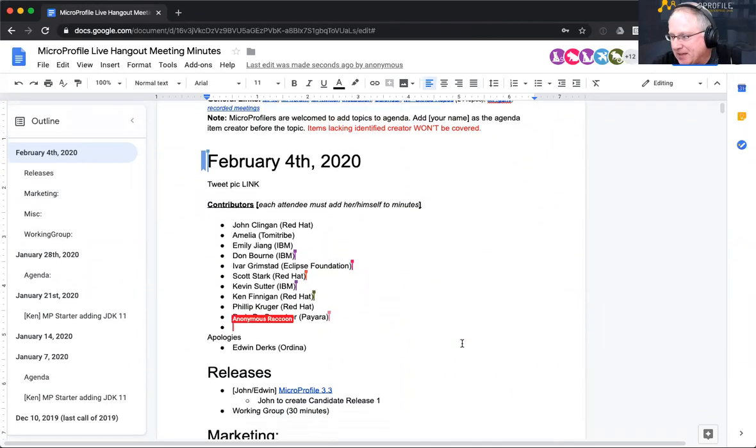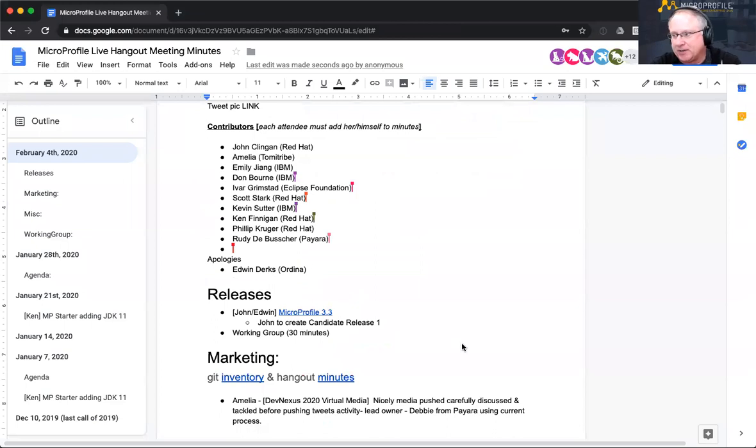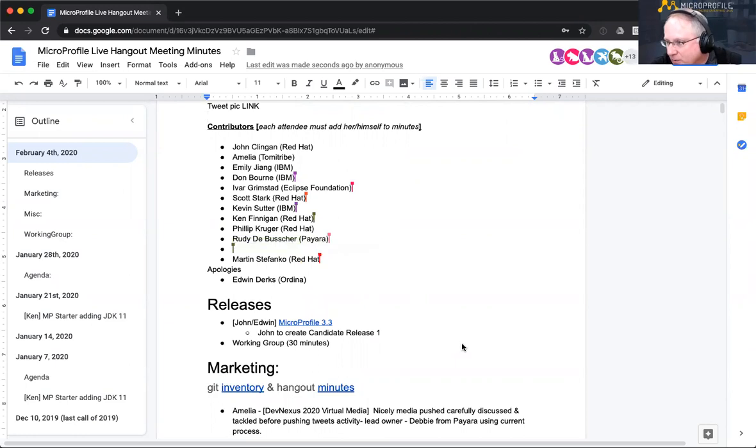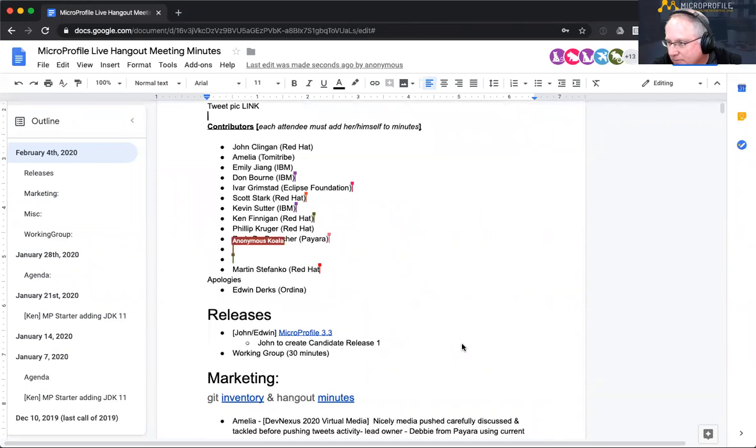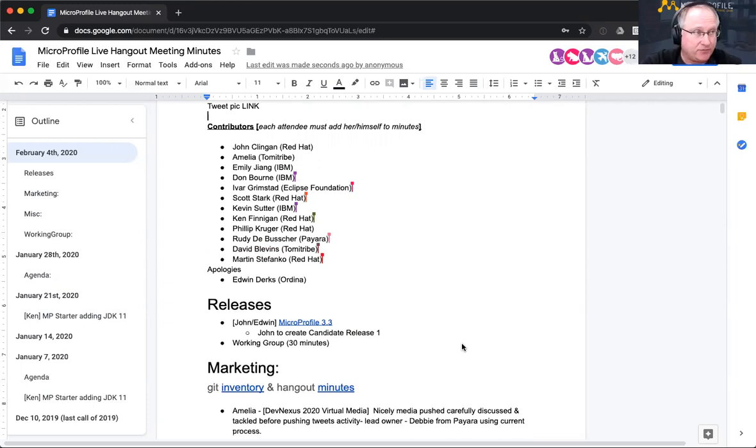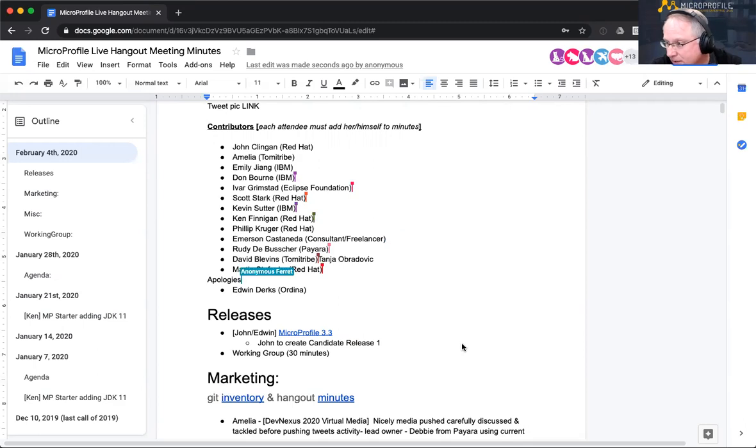So scroll down here, starting where we normally start. I think Edwin is still outnumbered at home with the young one. So I will just give everyone a heads up that I'm going to be working on a candidate release, probably sometime this week, for the MicroProfile platform release. Thanks, Emily, again for reminding me about the CQs, clearly defined as a way to go and check dependencies. So awesome.